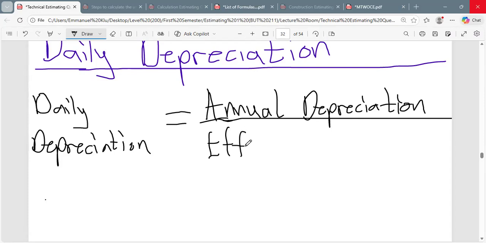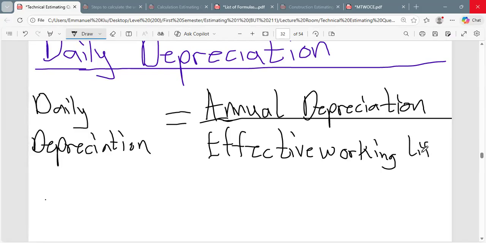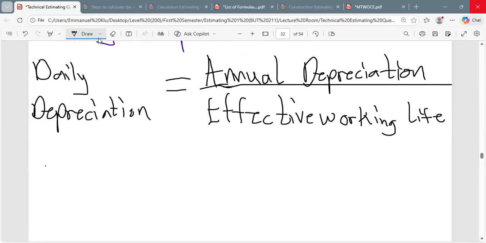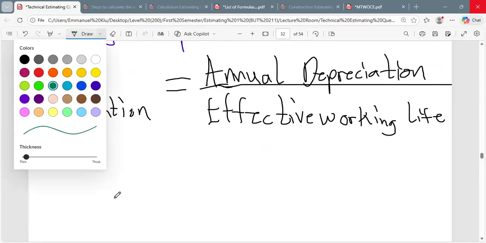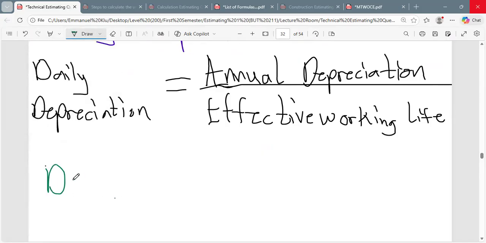So now we can proceed. My daily depreciation now is equal to